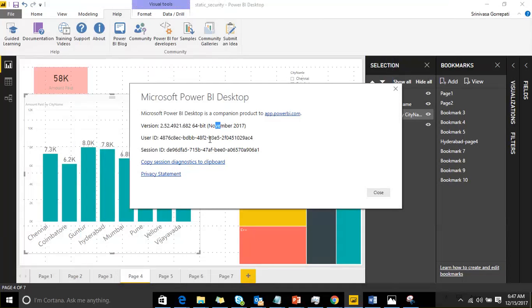So the version of Power BI that we are using, it is going to showcase, and I am using the November update. That's why that cross filtering is not highlighted. I didn't install the latest version of it, I think the December update. I will check and I will confirm on this.